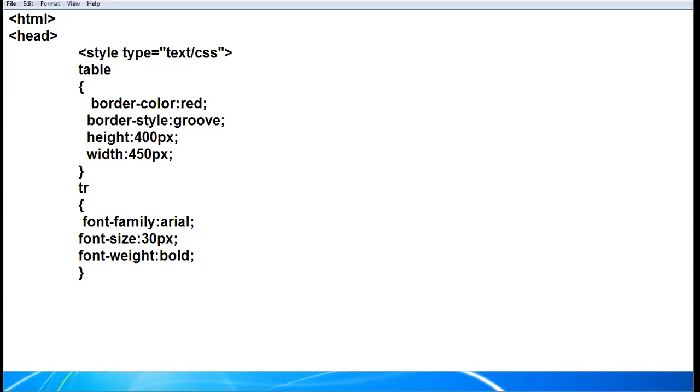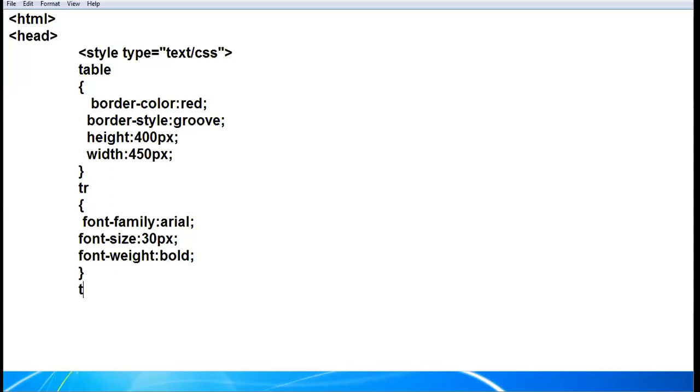Now offline class, I am going to apply the style rules to the header column. The question which I gave in the assignment of table, you might have noticed it was not the header row, it was the header column, because every first cell of every row was bold, centrally aligned, and it was a header cell.